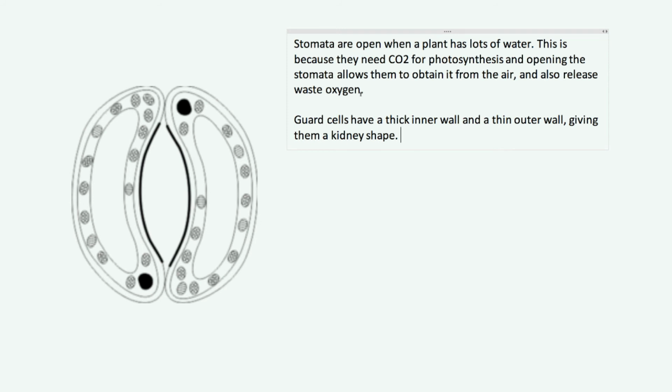Now, when they're full up with water, they look like this. Okay, so like this diagram, when they're full up with water, basically what's happened is the cell becomes turgid, and so these 2 walls here push against each other and create this opening, which is the stoma, or the stomata in plural. Yep. So, when filled with water, the cell is turgid,